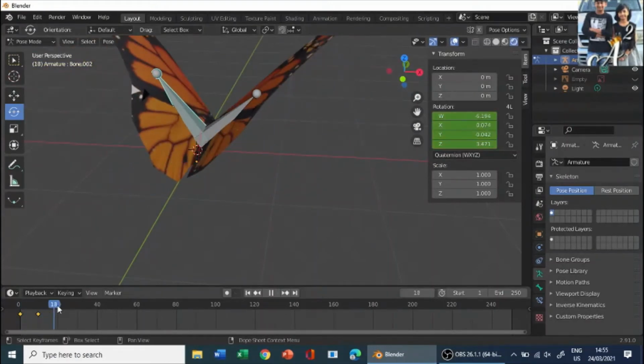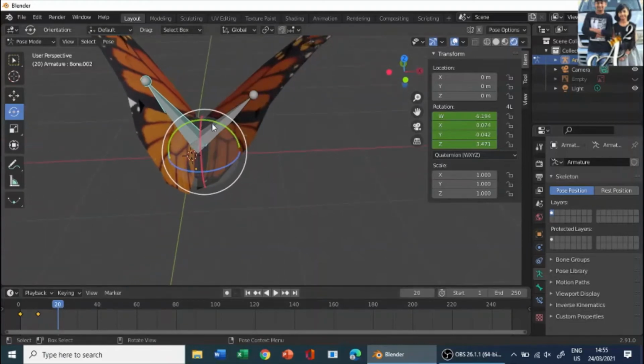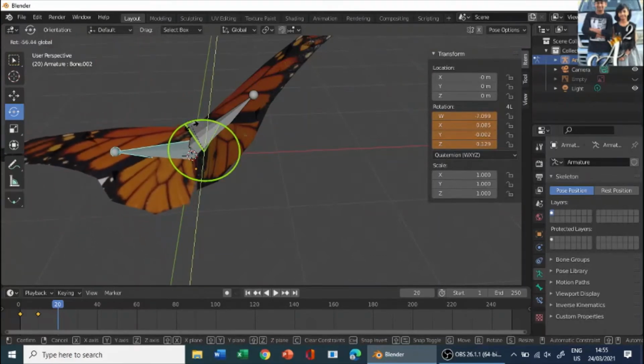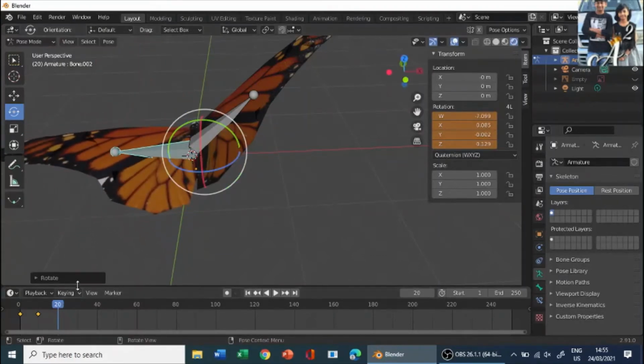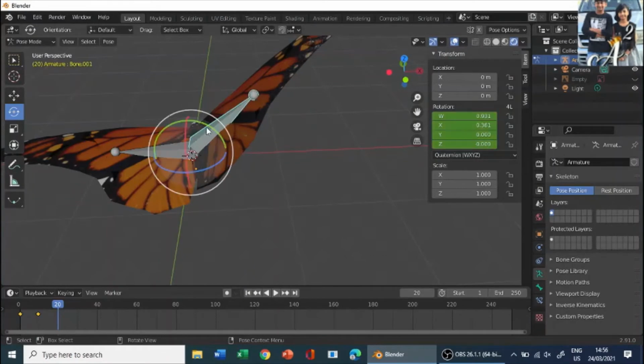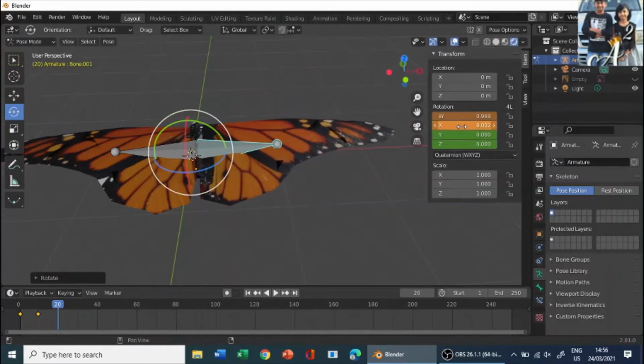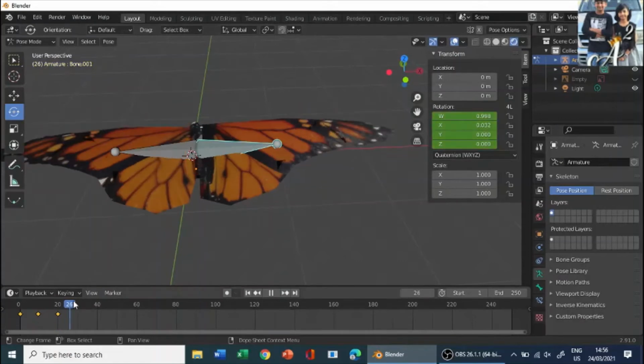Now go to the 20th frame and make them lower down, just straight, in the middle, so that you get a perfect result. Go to the rotation and click I, and same for the other bone over here, rotate it down, yep, Z is 0, then click I. Now go to the 30th frame and make it go down.